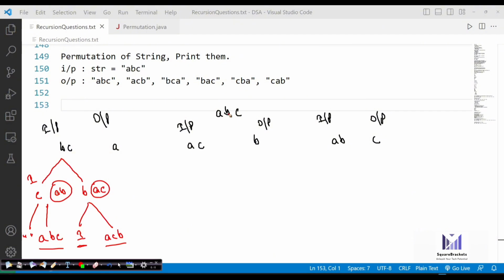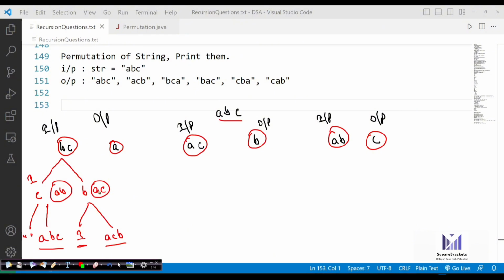Now, once we have ABC, it will become BC and A, AC and B, AB and C. After this, when we have BC and A, BC will be split into two things, C and B. So this is input and this is output. Once we have input as C, the output will be the remaining one, AB. And if you have B in the input, the output will be AC.